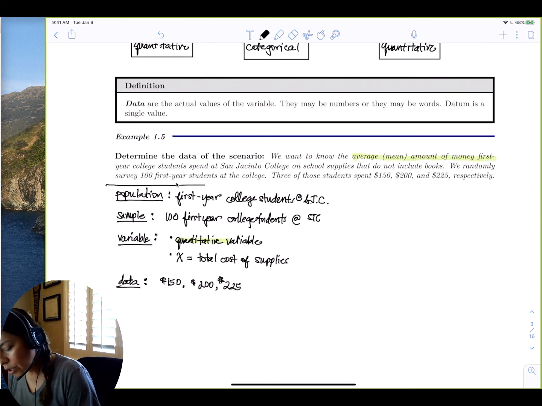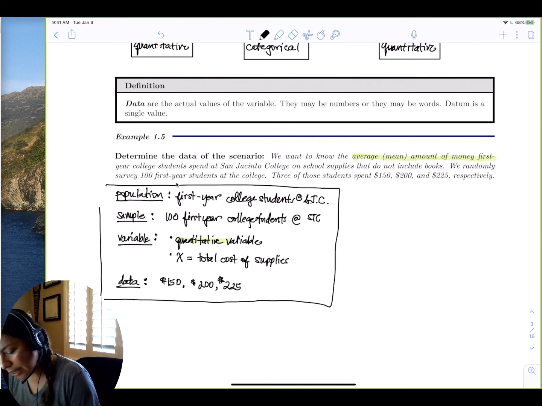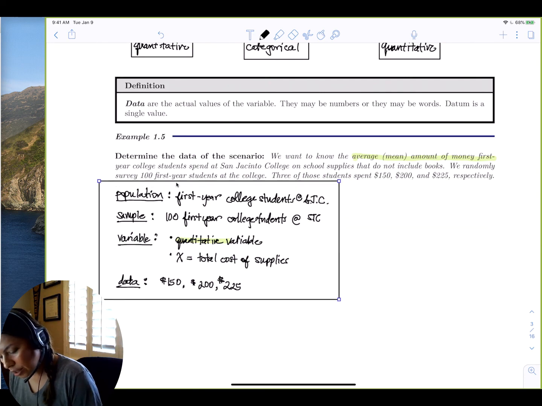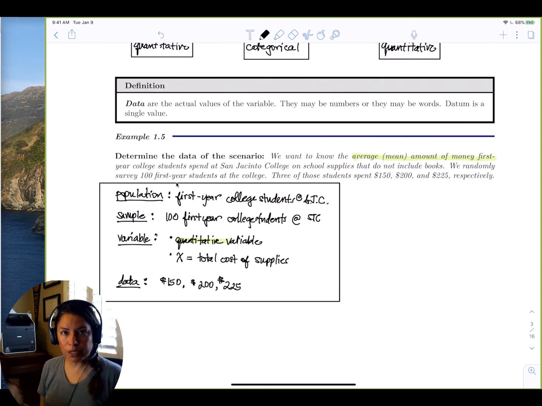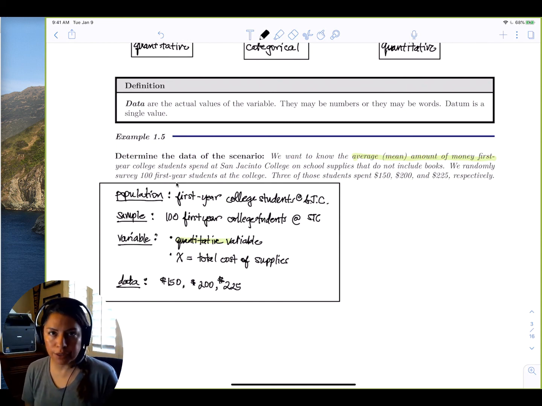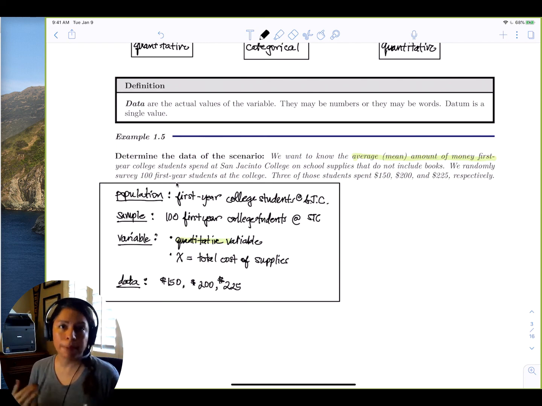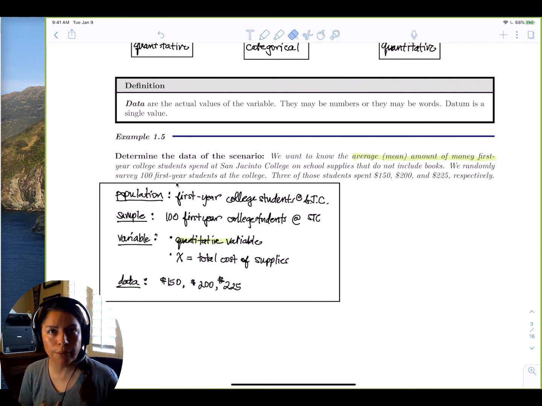And so essentially when we have a study or an intent, this is what, in your research methods course, you will eventually be doing. You'll be doing a study for your thesis, and you will have to identify a population and understand what your intent is with the population, and then grab a sample, and you'll use a bunch of sampling techniques to find the best way to get your subjects, and then determine what type of data you're going to get and what your variable is. And then finally have that part of collection for your data. Okay,